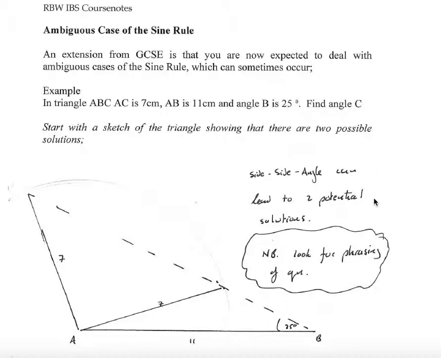The clue to this is the phrasing of the question. If the question says something about give all possible answers or give answers to two decimal places, anything to imply that there are plural answers, then it may well be the ambiguous case. And if it is, start with a sketch to prove to yourself that there are two possible ways that you could do this. I think using a compass to open a circle at, in this case, 7 centimeters, is